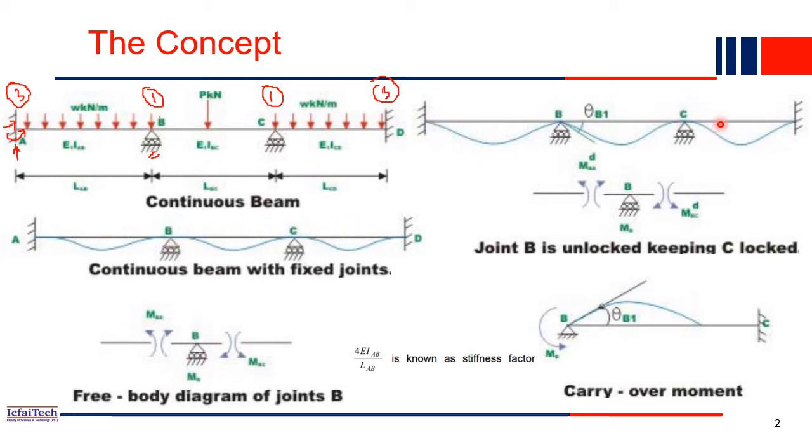If you see this diagram, the curvy line is basically the deflected shape after application of the load. This beam is subjected to a UDL, then a point load, and then here also a UDL. So multiple loads are acting on this beam, and because of this the beam will deflect. This is the deflected shape. At end A, this end is fixed anyway, right? At end B, it is not fixed, it is a roller. That's why you can see the slope at this point is not zero, you have some slope. So the deflection will happen like that.